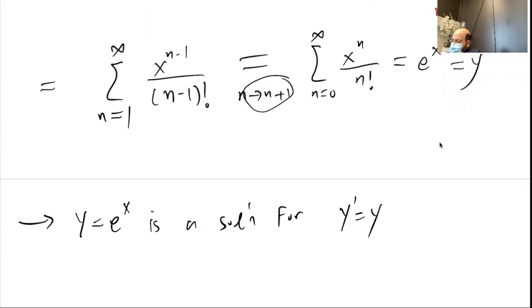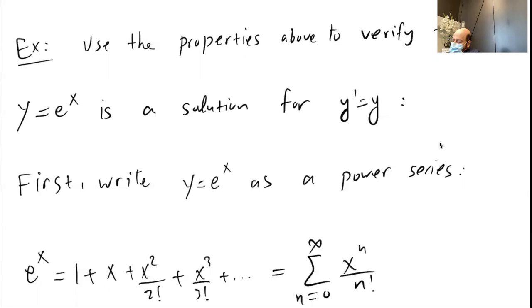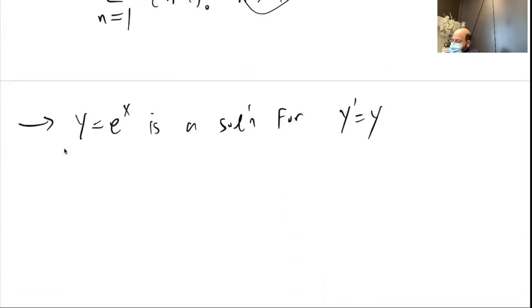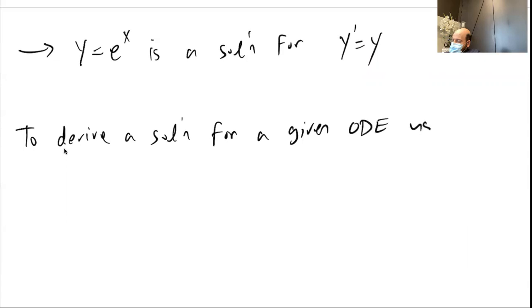All right. Now, let's see how, so this one, the solution was given, and we just verified that this is the solution for this equation. Now, let's see whether we can find the solution. So let's say we don't know that this is already a solution, how can we derive this solution? So to derive the solution for a given ODE using the power series method,